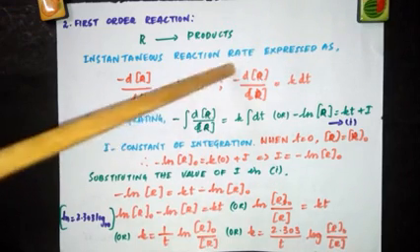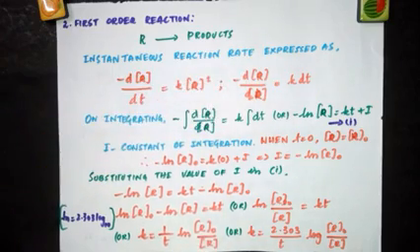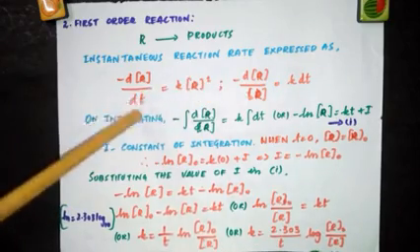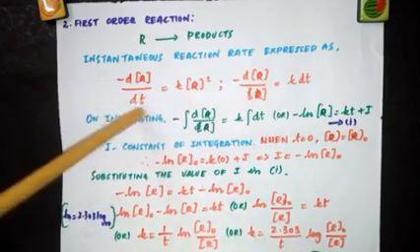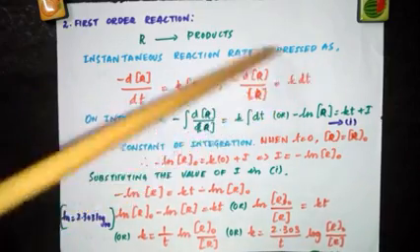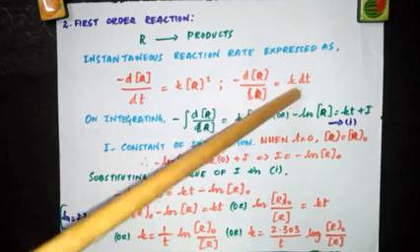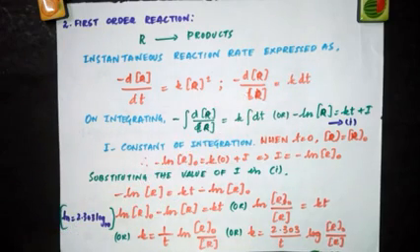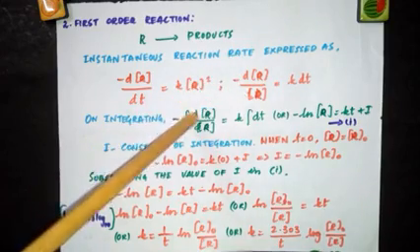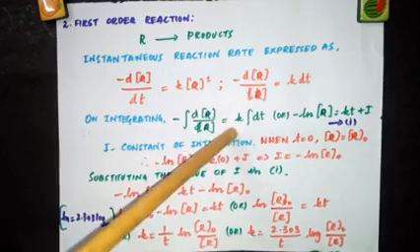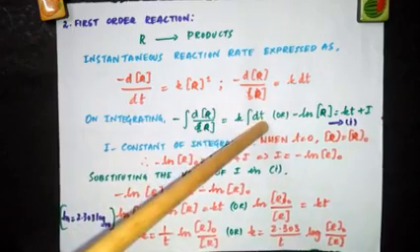We can rearrange this as minus dR by concentration of R. So we are bringing this R here, keeping all the R together. So minus dR divided by R, and taking this dt to the other side, K dt. So minus d concentration of R divided by concentration of R is equal to K dt. Now we are going to integrate on both sides. On integrating, minus integration dR by R is equal to K dt. K is a constant, so we bring it out of the integral.